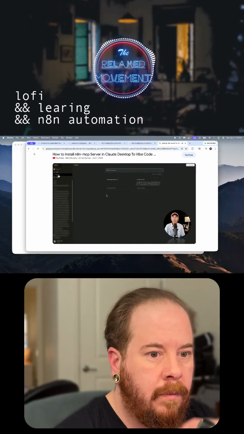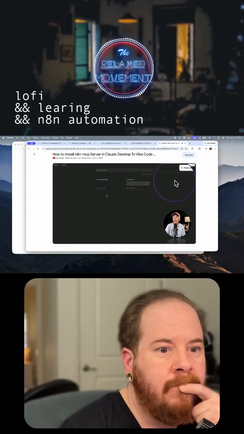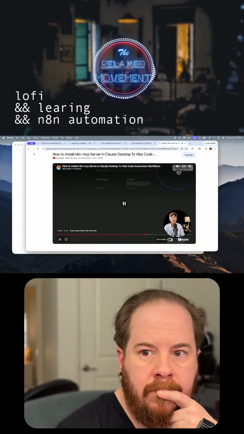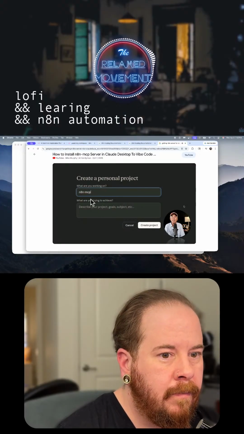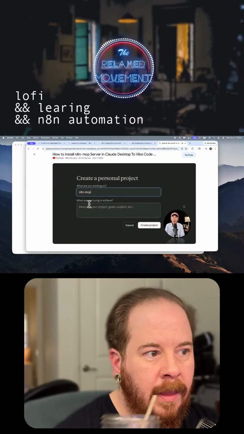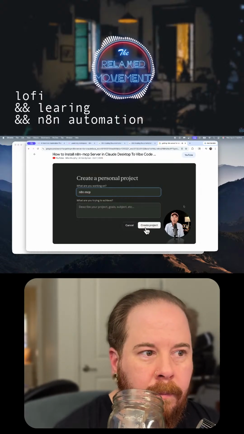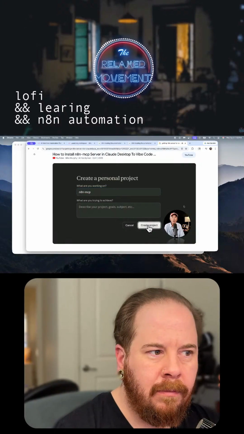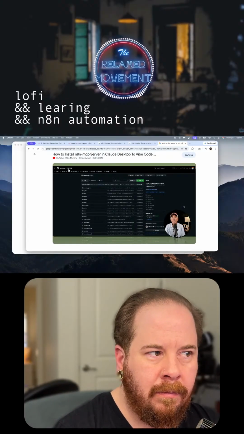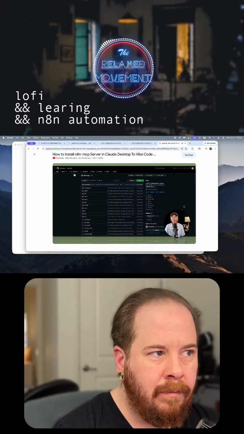Click on Projects. Go to the top right corner and click on the New Project button. Give your project a name. I'm going to skip the project goals for now, but I would definitely recommend going back, as the more details you give Claude, the better results you're going to get. But click on the Create Project button. Go back to the GitHub page for n8n MCP project.